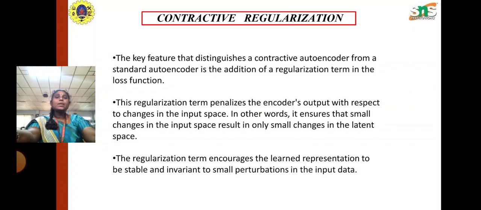And the contractive regularization is all about the basic key features used in contractive applications in machine learning. We have feature learning, where a CAE can learn to capture the most salient features in the data, which can be used for various downstream tasks such as classification, clustering and dimensionality reduction. Like other autoencoders, a CAE can reduce the dimensionality of data, which is useful for visualization or as a pre-processing step for other algorithms that perform poorly with high dimensional data.